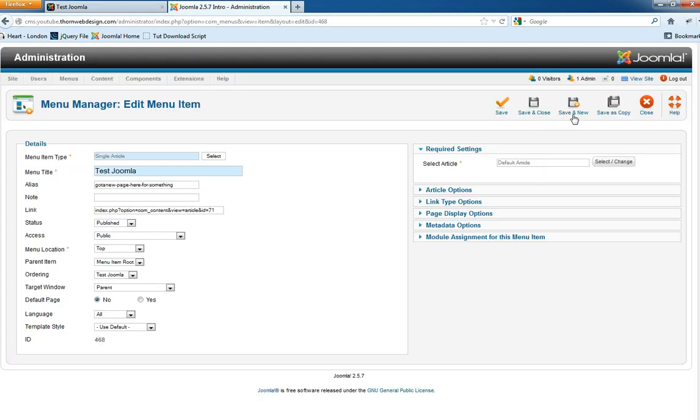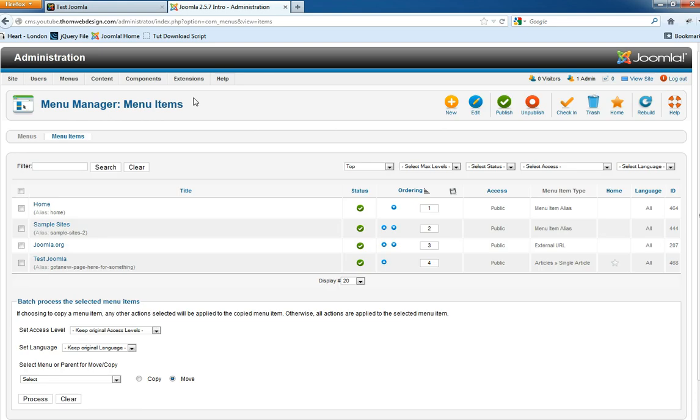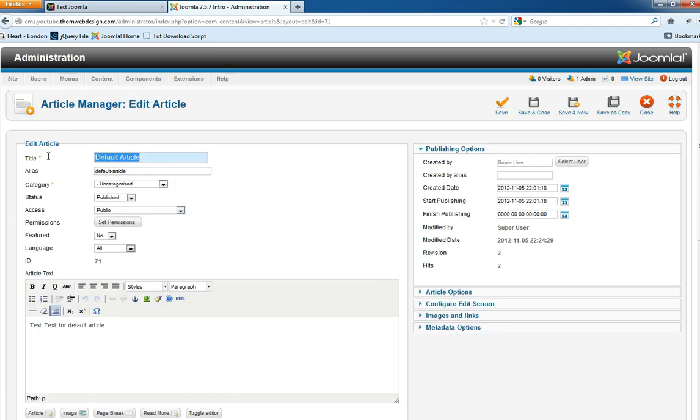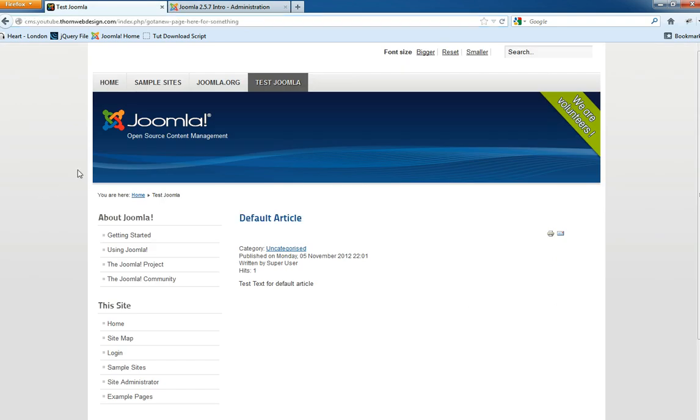But let's just say, for example, that we're going to make our article talk about, so we're going to come here and give it the title of creating a new Joomla menu item. And if we just delete this default article and just click save,